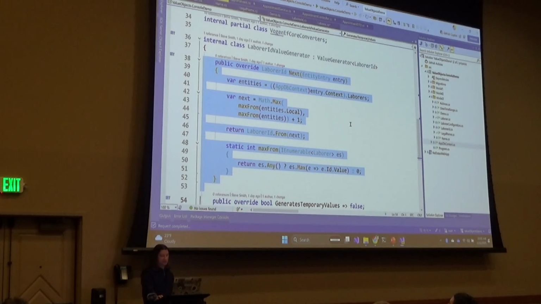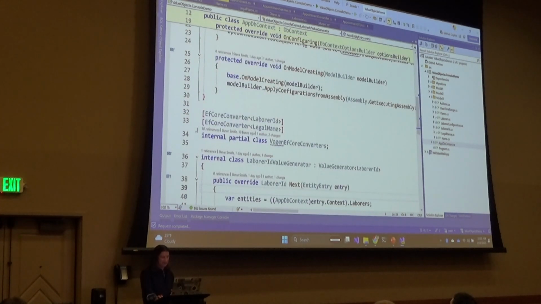But the basic idea is just to allow it to be 0 for that moment when you're creating the entity. And that's just a special case for IDs that you don't have to worry about for most other things. Okay, so then in AppDB context, the other thing is, I mentioned, where do you tell it that you need